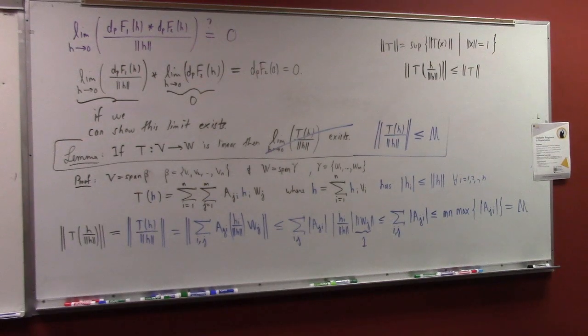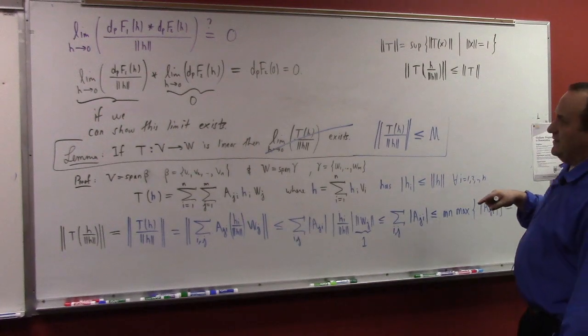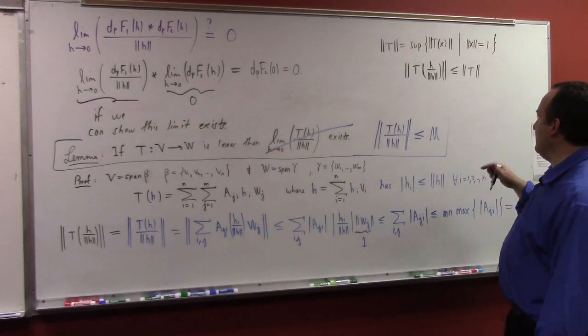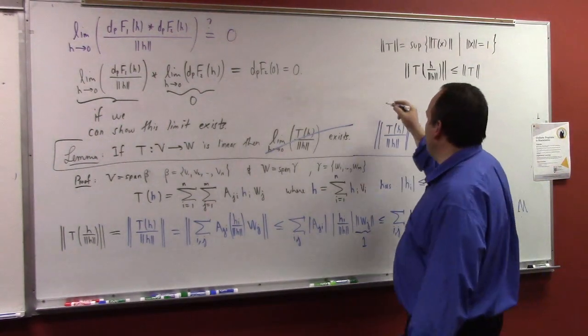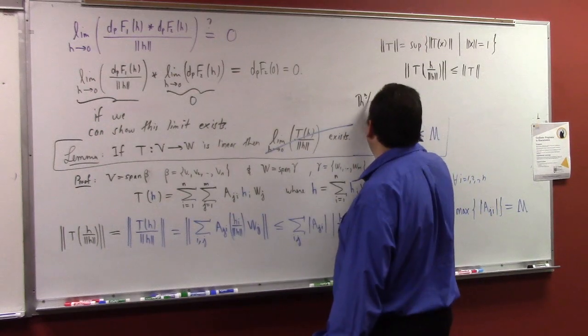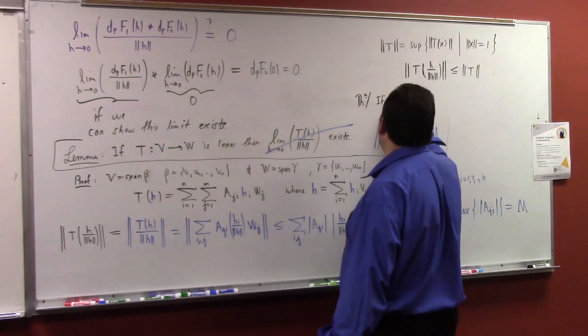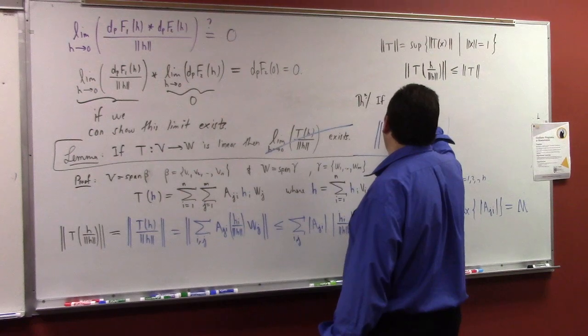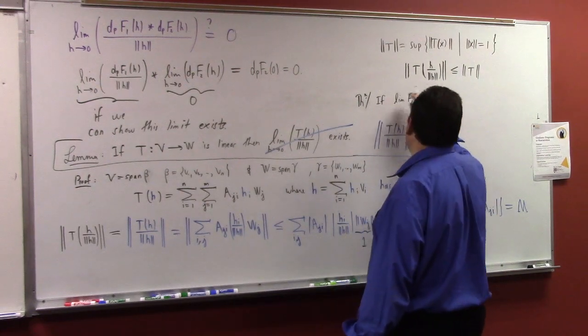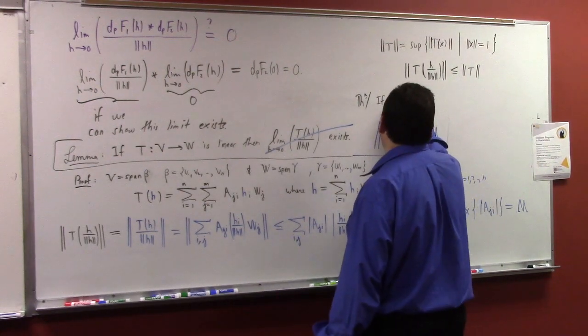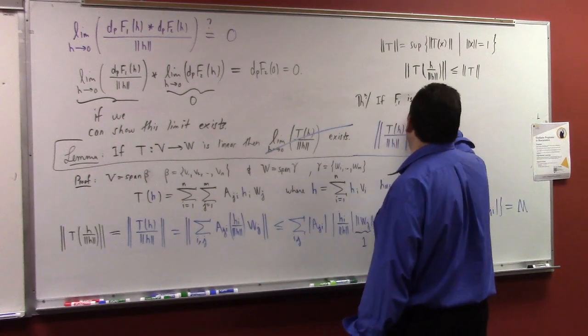But so there's our M. So I guess we need a theorem, right? We need a theorem that if the limit of f1, well, excuse me, if f1 is bounded,